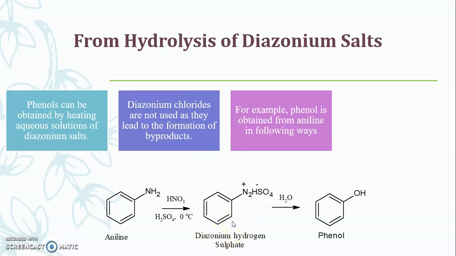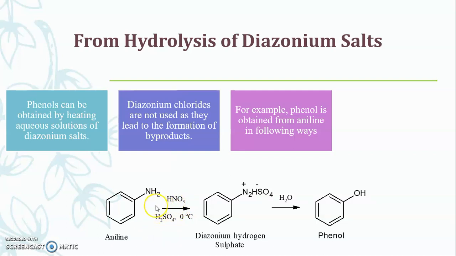These diazonium salts, in which a nitrogen atom has a positive charge, are unstable, and that's why it is quite easy to replace the diazonium group from the benzene ring. This is the easiest way by which the group can be replaced with another functional group. So here phenol is actually prepared from aniline, but first aniline is converted into the diazonium salt. How? By treating it with sodium nitrite and H2SO4.